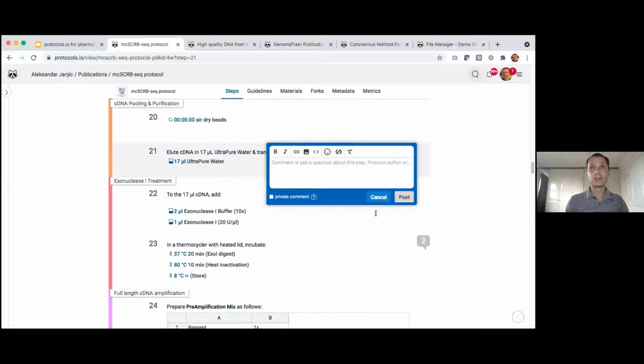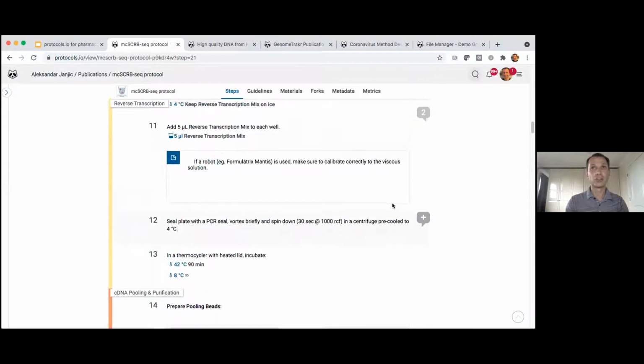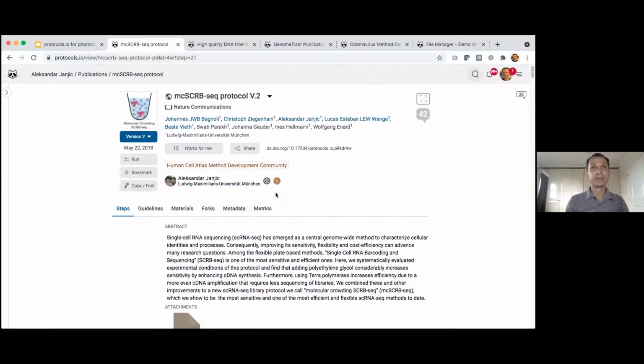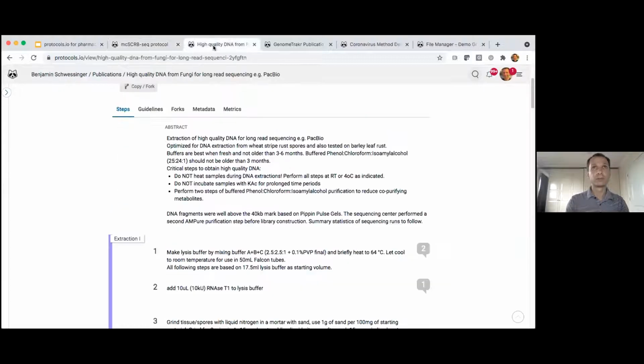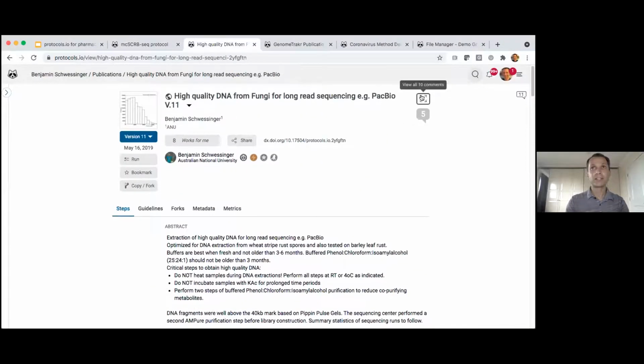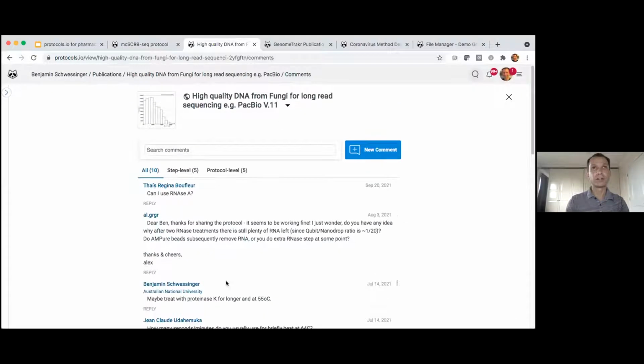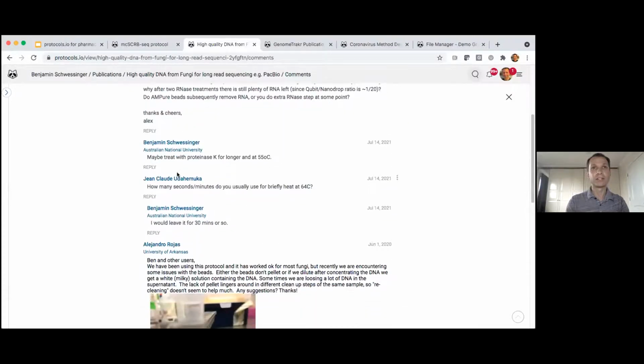This allows you to have not disjointed conversations in email threads or on Slack, but to have method development conversations directly on the protocol. And just as in the steps themselves, when you're asking questions, so here is the Q&A on this protocol, there's some protocol level comments, there are some comments directly on steps.